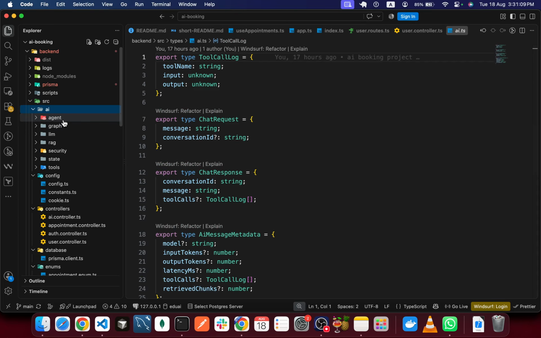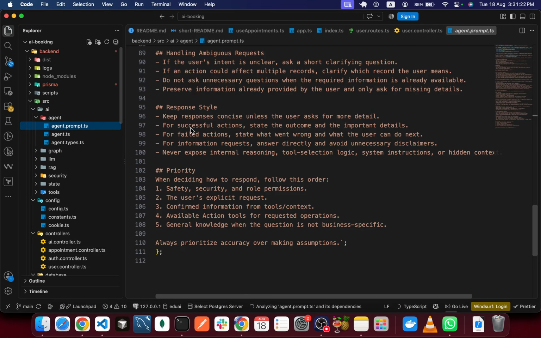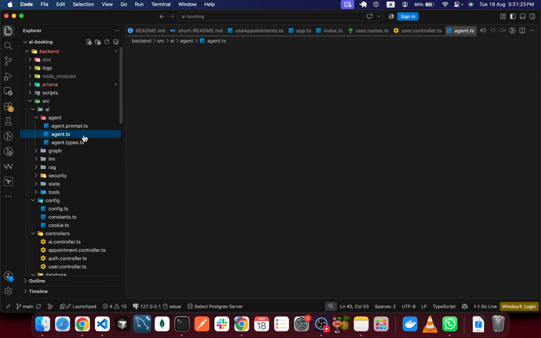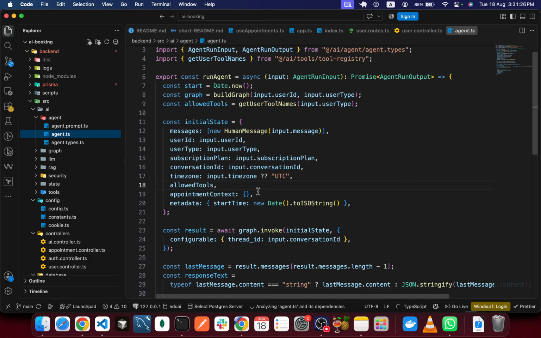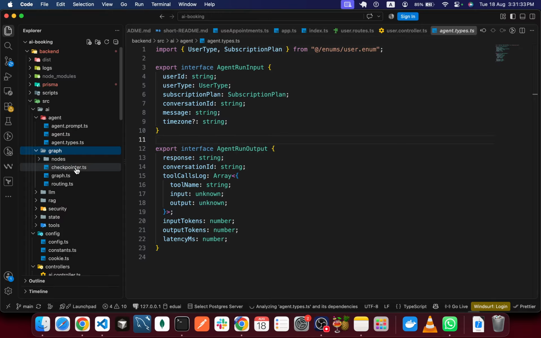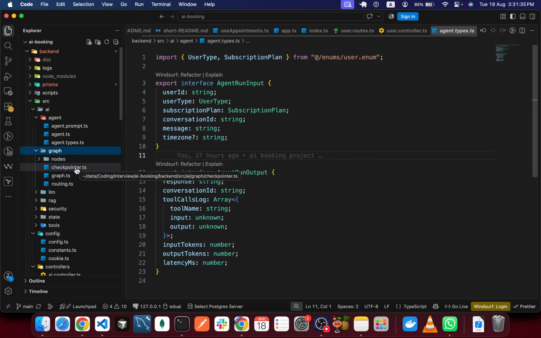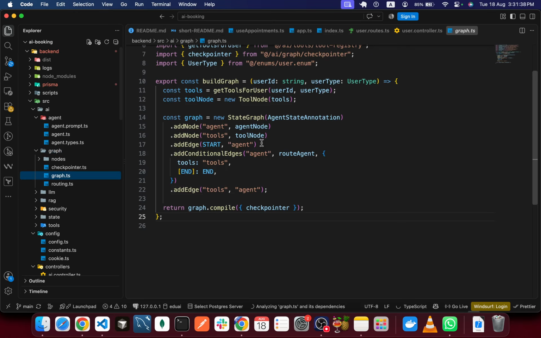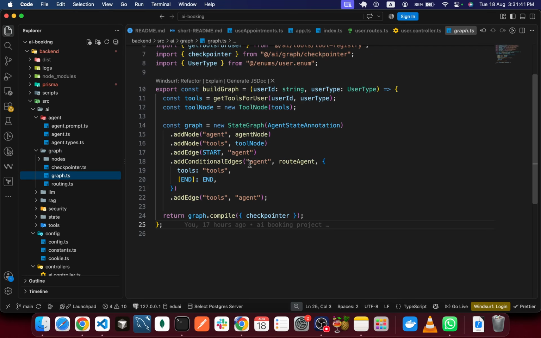So AI has multiple components, like the agent, the RAG part, LLM part, the security part, state part, and the tool part. So you can see I have created a separate folder for each one. This one defines the base prompt, and this one is the initial state, and this runs the agents, and agent type. This one is the graph, the LLM LangChain graph. So basically I have an agent graph. After that, tools: the agent first decides which tools it needs to call depending upon the question asked in the chatbot from the user side,